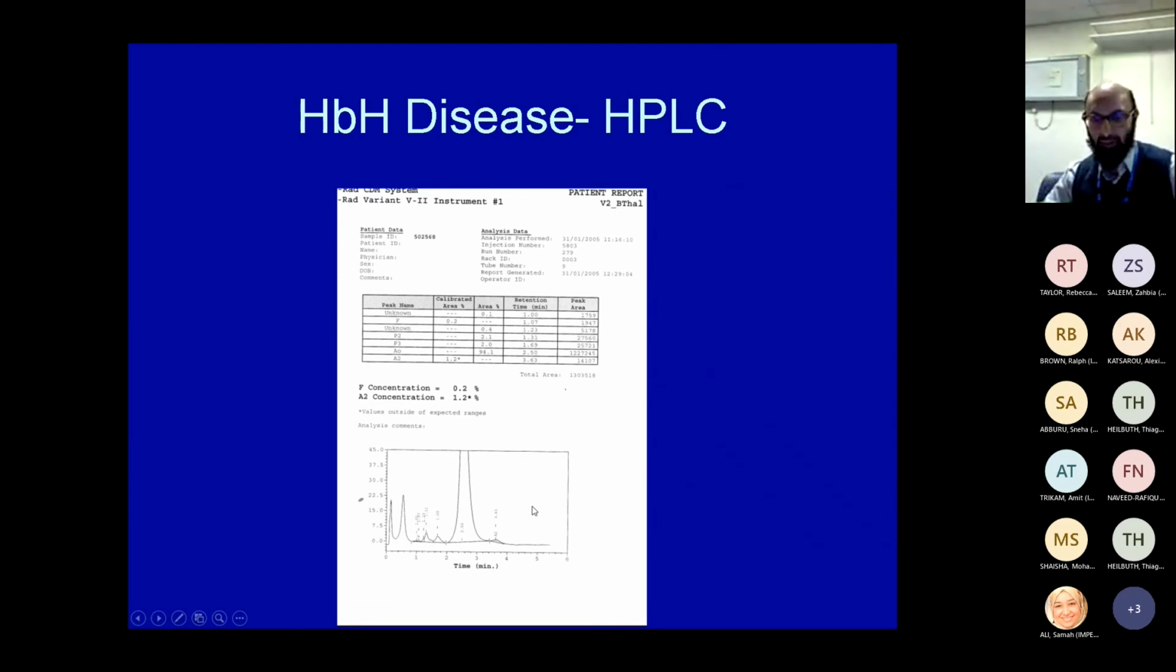And this is an HPLC plot in HbH disease. So here you can see the hemoglobin A peak, but you can also see these two peaks here. Can anyone tell me what these are? Fast-moving bands of the HbA. Yeah, so they're the fast-moving bands, and they are formed of HbH, so hemoglobin H,